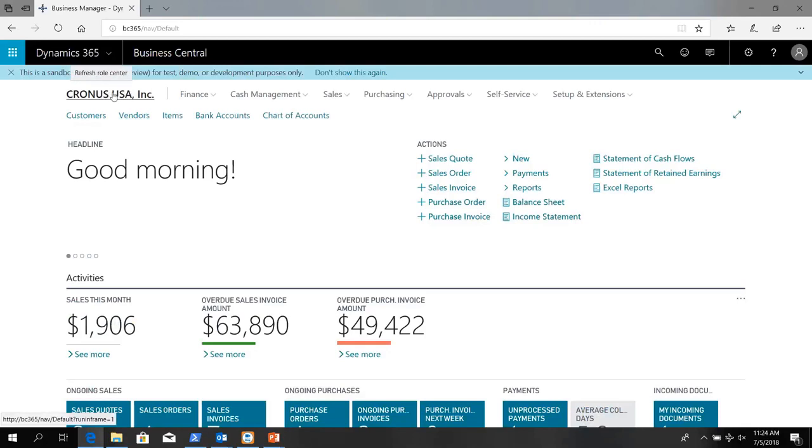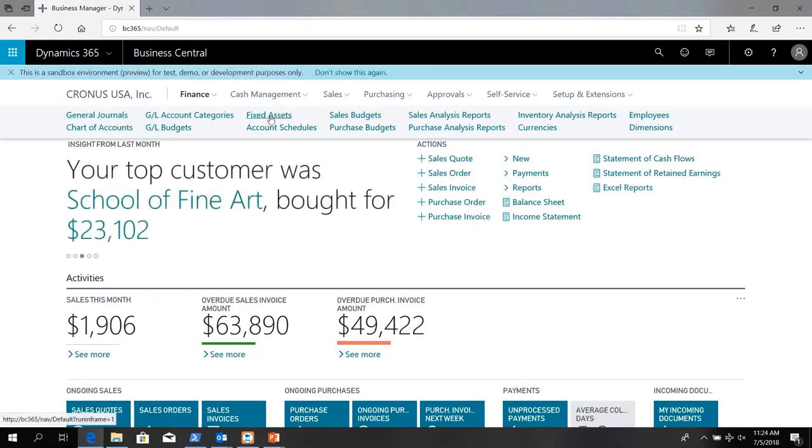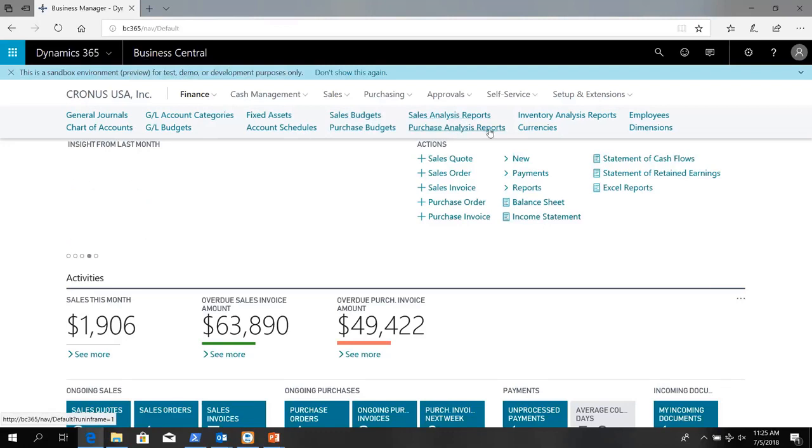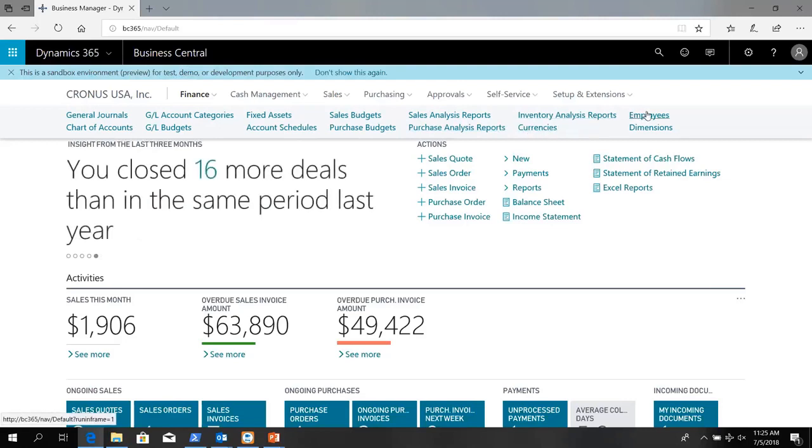It supports multiple companies. And these drop-down menus give us quick access to information relating to finance, from accessing and doing journal entries to bringing up my chart of accounts, budgeting, fixed assets, financial reporting, sales and purchase budgets, analysis reporting, inventory analysis, sales analysis, purchase analysis, multiple currency management, managing my employees, and managing a very important reporting element